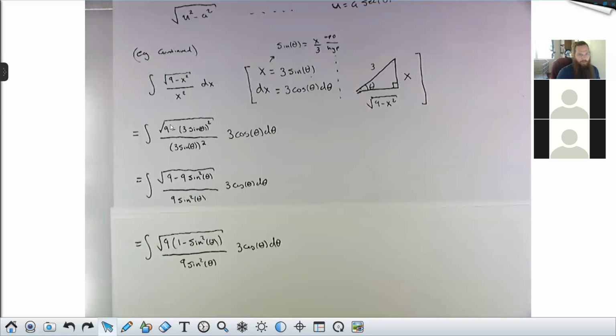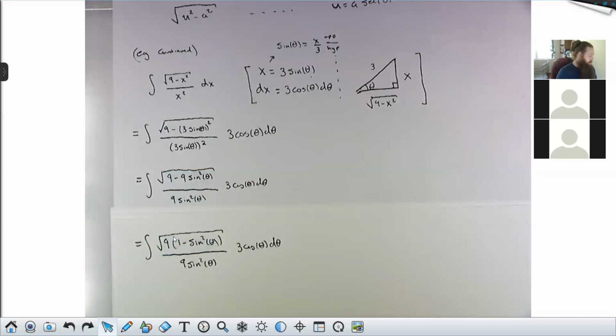So walking back through here, I just plugged in 3 sine theta for x. Here to here, I squared 3 sine theta top and bottom. That gives me 9 sine squared theta here and 9 sine squared theta down here. I don't really care about this guy for now. I'm just working on the radical. The radicand, the thing under the radical, is 9 minus 9 sine squared theta. Those two terms both have a factor of 9 that I can factor out. And when I do, I get 1 minus sine squared theta,